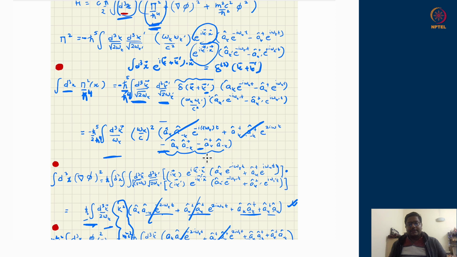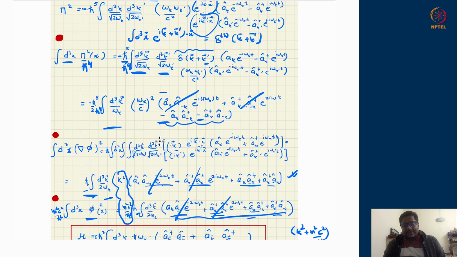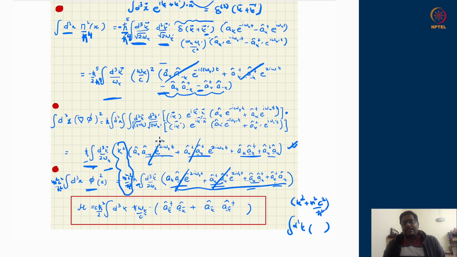So all you are left with time independent terms. So if you just do the algebra carefully, you will be left with time independent terms only, and you would get the answer that these things will combine. When this was the here, the minus sign will become plus, all these quantities are plus. So ultimately there is omega k square by c square. The factor coming from the last two terms is also this k square plus m square c square upon h square, which is also omega k square by c square, by the way.